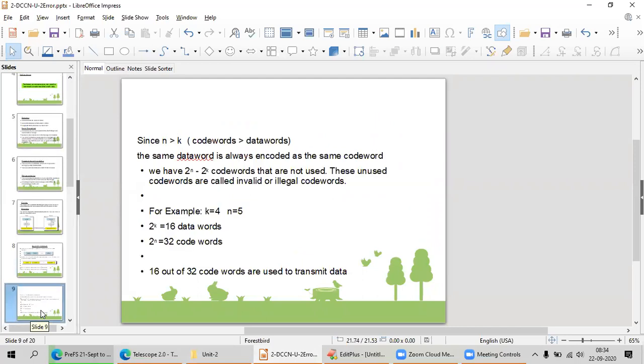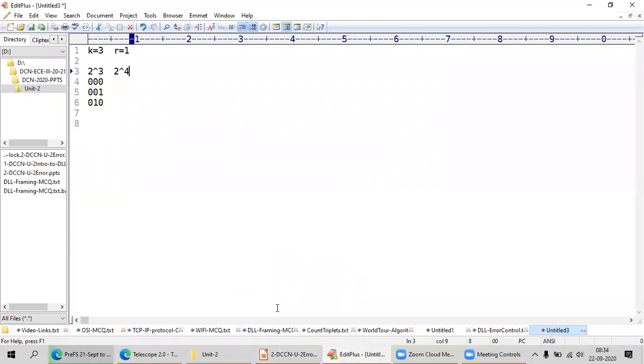Since n is greater than k, code words are always greater in number than data words. Why? Because the bits are changed from 3 to 4. The same data word is always encoded as the same code word. That means whenever I take the data word 000, I will every time consider it as 0010 only.